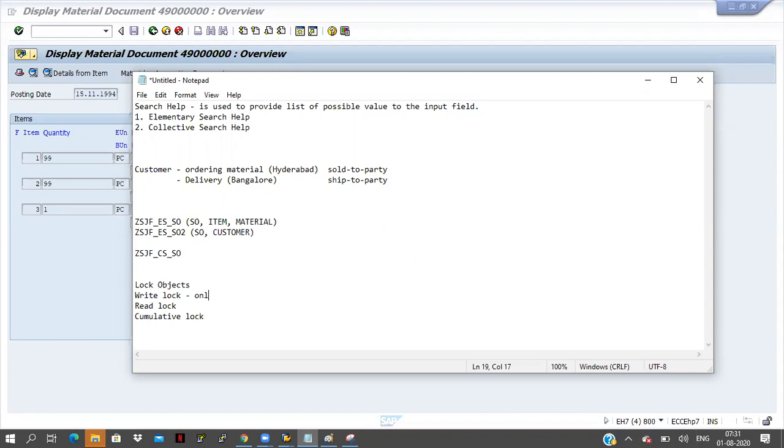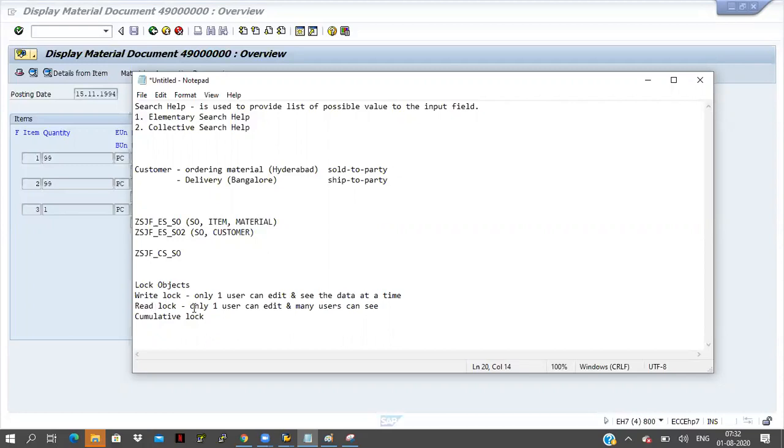Only one user can edit and see the data at a time. If a second user tries to open those credentials, it won't show anything. In a write lock, only one user can edit, and no one else can see. If you take the read lock, then what will happen?